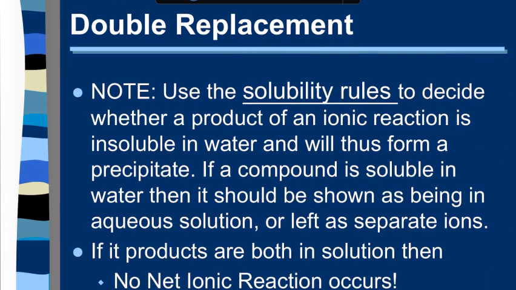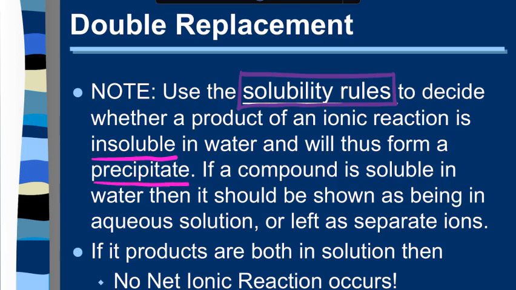Let's take a look at the solubility rules for double replacement reactions. For double replacement reactions, in order to figure out whether they will occur or not, we need to use the solubility rules. The solubility rules are going to determine whether the product is insoluble in water. So we're looking for something insoluble, and that insoluble thing is going to be our precipitate, because remember, our precipitate